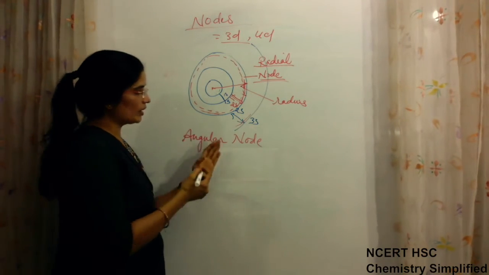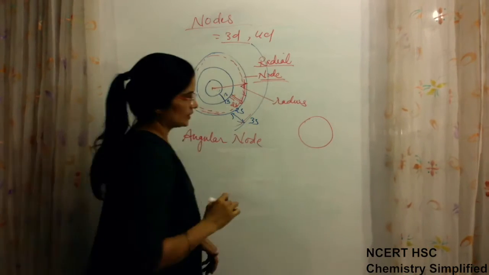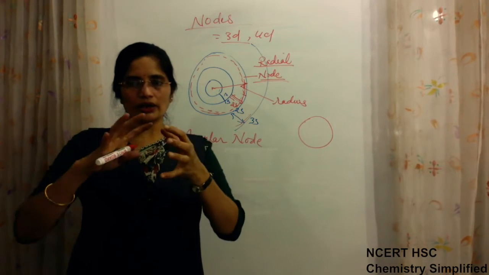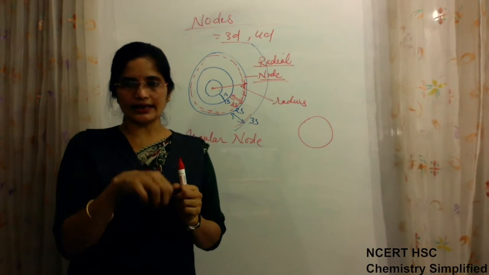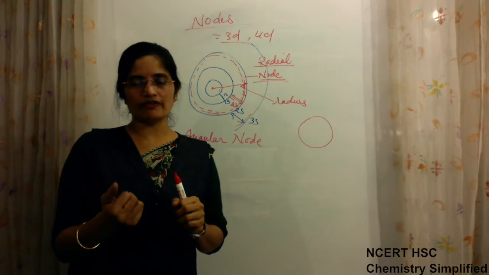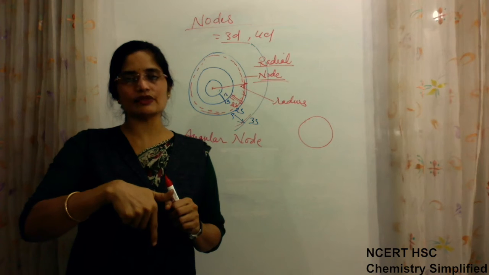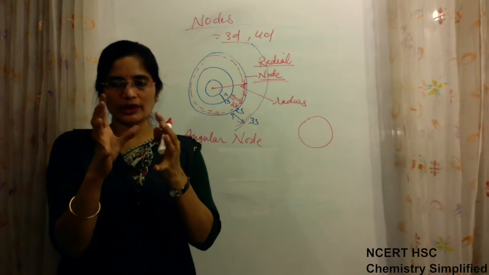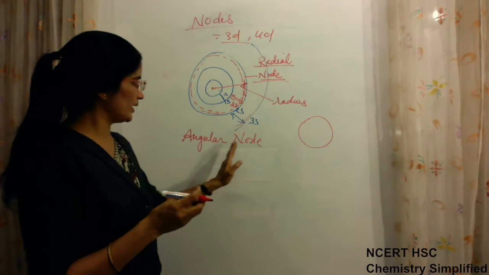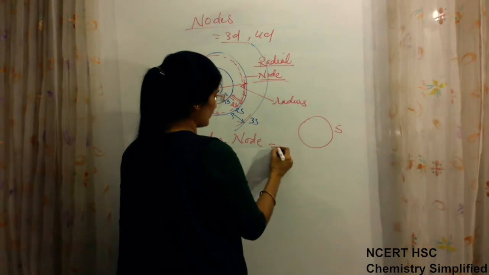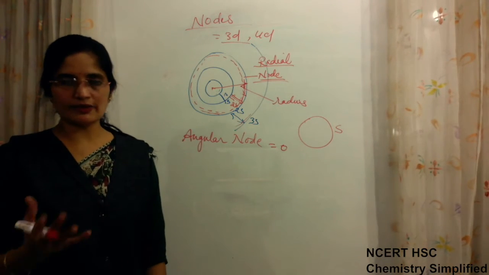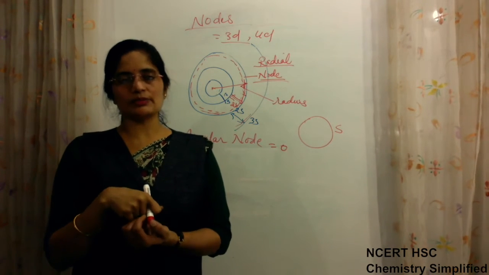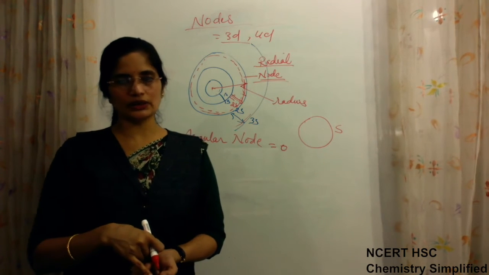Now see, if we come to s orbital, the s orbital is spherical in shape, just like a ball. You imagine a ball. Now if it is a ball shaped structure, then inside the ball there is no place where the probability of finding the electron will be 0. If you pass an axis from the center of it, then in the center also there is probability of finding electron because the shape is uniform. So angular node in s orbital is always 0 because of its spherical shape. In the center, from where the axis is passing, there will always be probability of finding electron. It will not be a node.